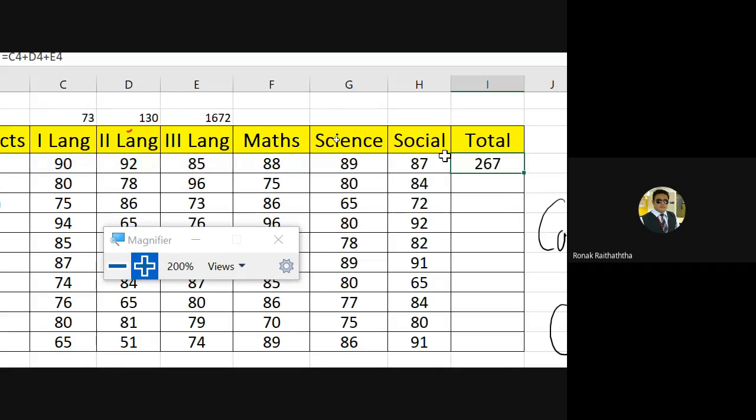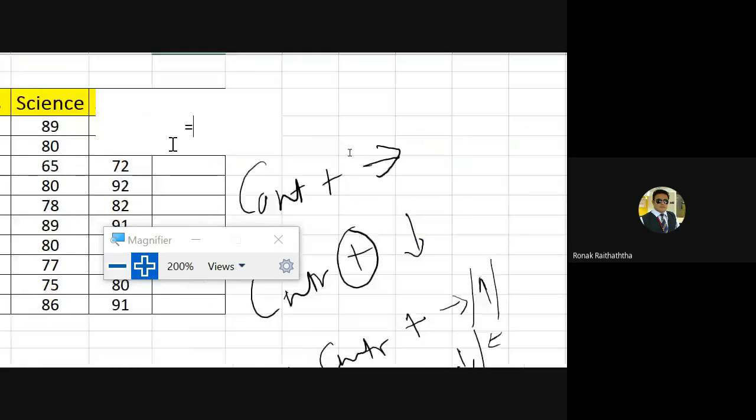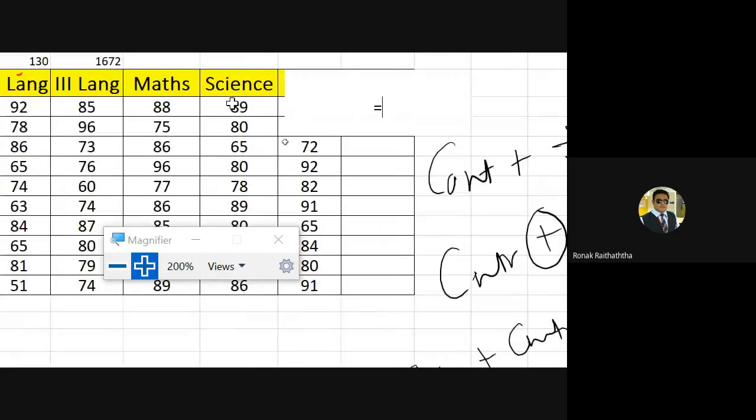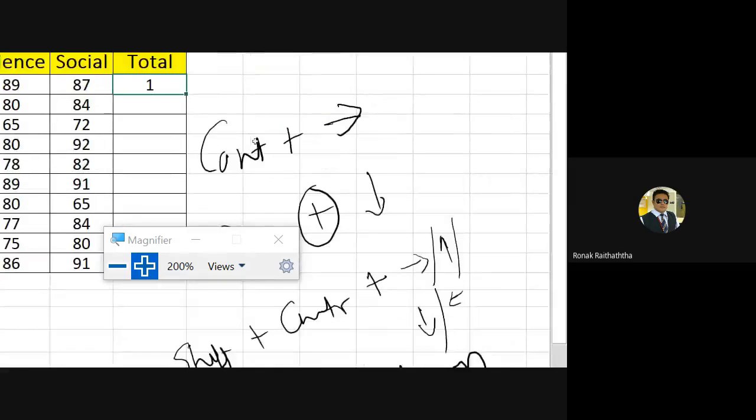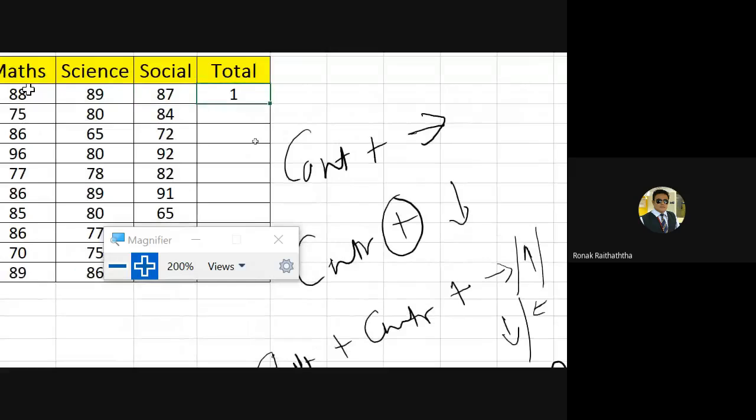And if you want to subtract one cell from another, say the math marks from the science marks, then what you can do? Equal to, select the science marks 89 minus 88, and you have the answer over there, that is 1. What I'm trying to say is that those basic arithmetic operations, plus, minus, multiplication, division, you can do in the cell itself. You're not supposed to do it manually. Please put those values in the cell, add plus, minus, multiplication, division signs as per your requirement, and it will be done.